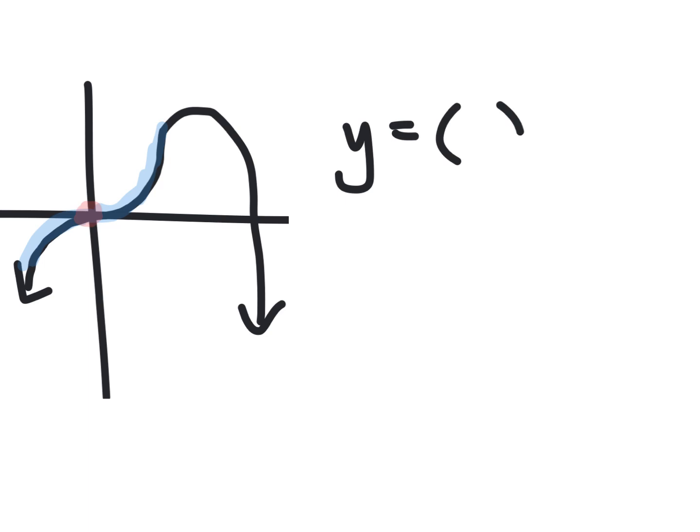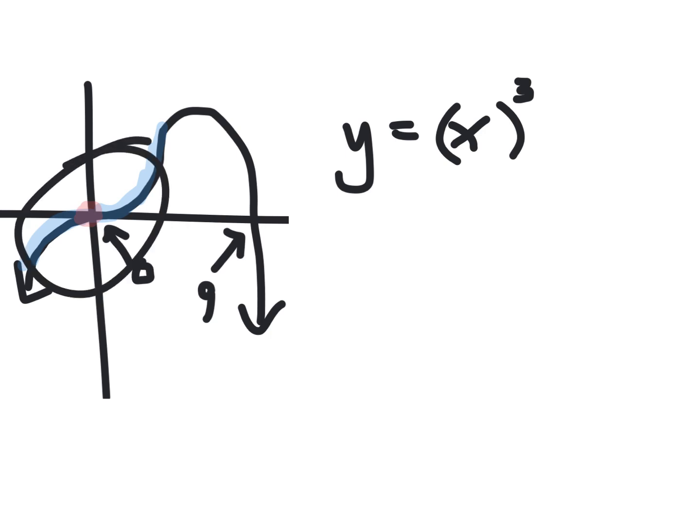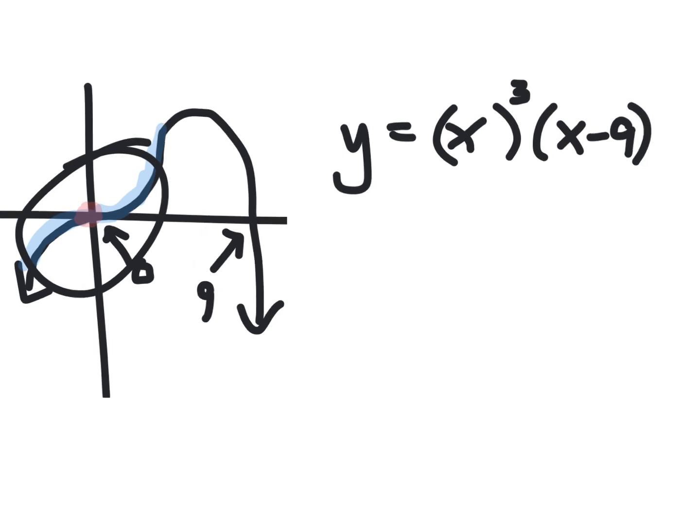Now, some people are probably just struggling with what to put in there. I never told you what that number was, so I'll just say that that's a 9. If it isn't clear, that's a 0. And so some kids put x plus 0 in here, or x minus 0, but I think it's best to just say x. And then since it's snaking through there, I would also say passing through is okay. I put it to the third. That's a special kind of power to the third. And then this other one would be x minus 9,